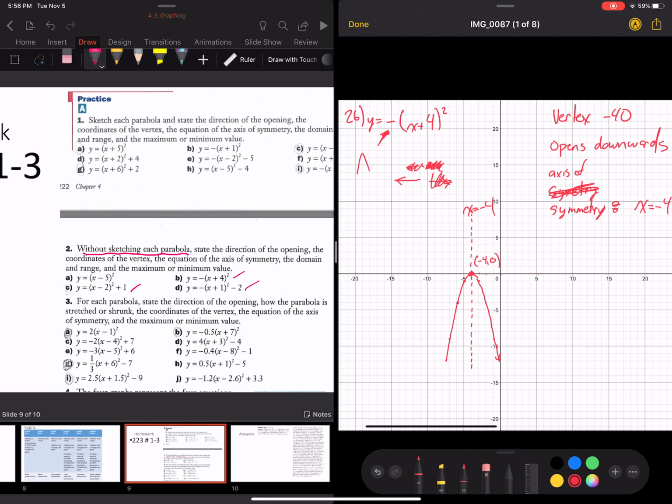What else does it ask us for? The domain. Domain for all quadratic equations equals all real numbers. Range equals all real numbers such that